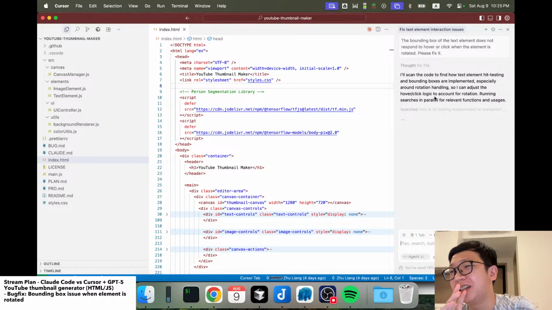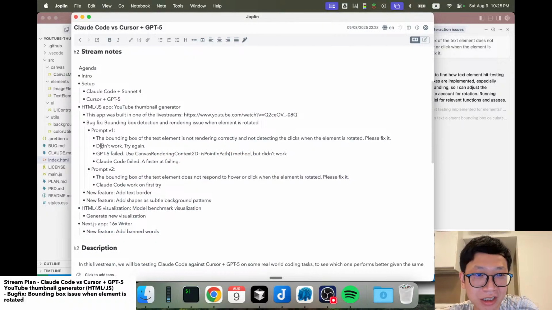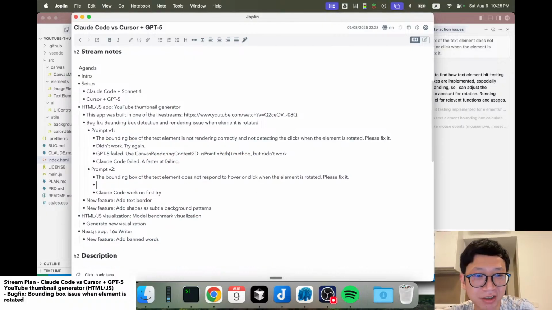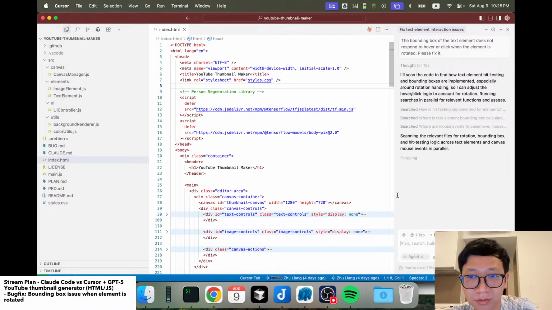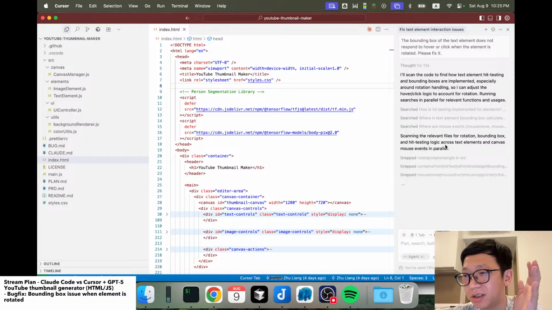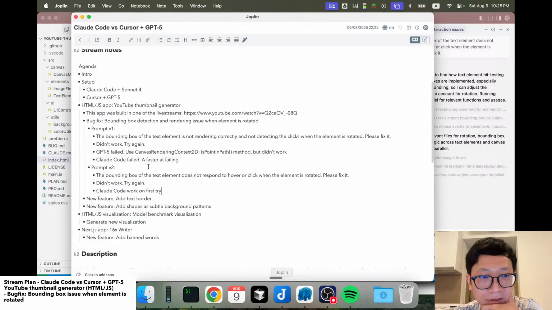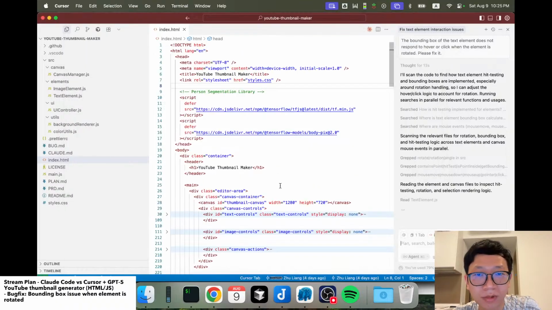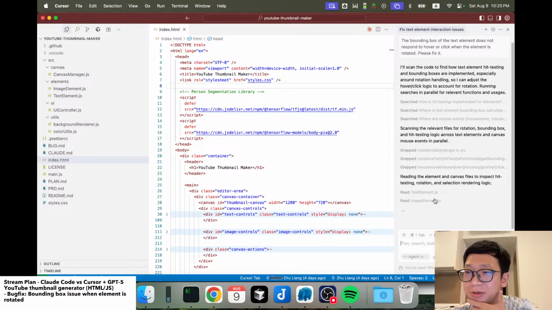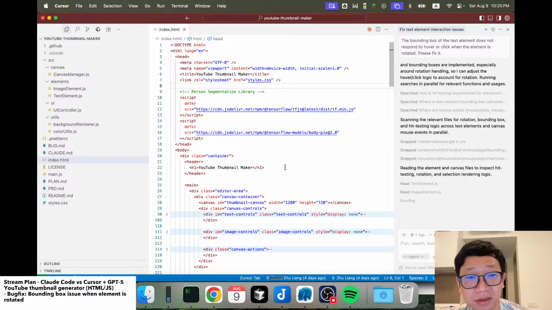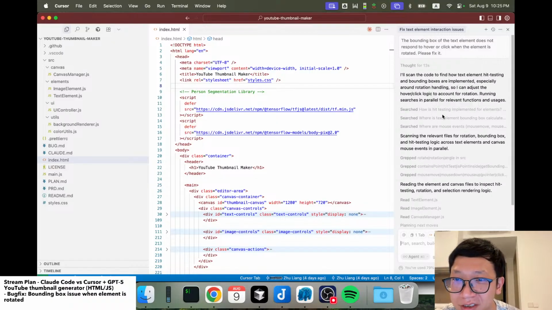Okay, I think maybe, so okay, if it doesn't fix it, I will tell it to try again. I think that's still a better prompt than restarting over. So if it doesn't work, I'll try this prompt. But now we know Claude Code can solve it on the first try. I'm so happy that I decided to change my prompt, so it actually worked. Okay, so you can see here,